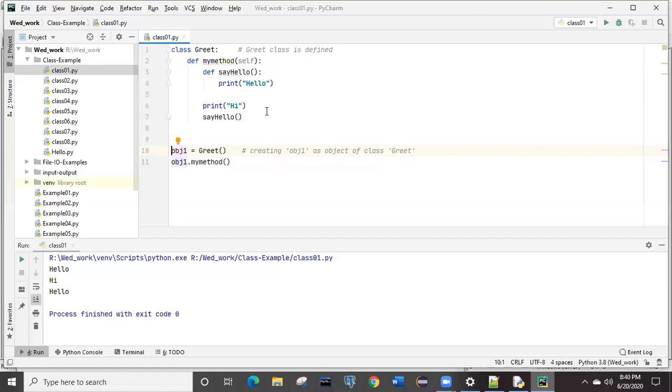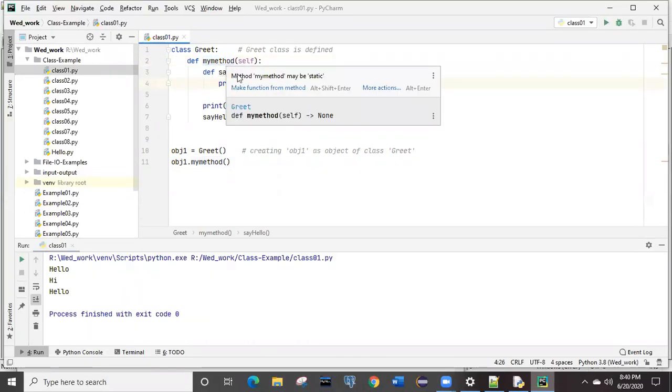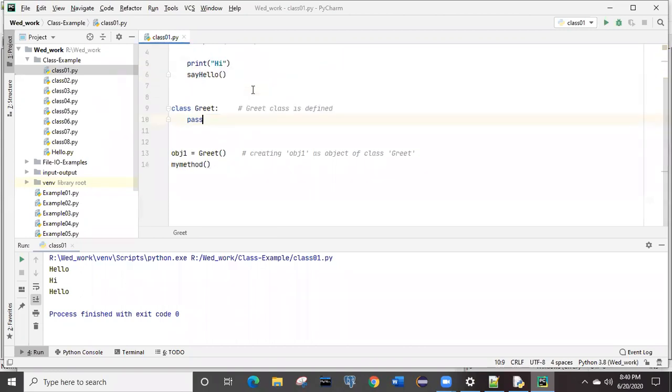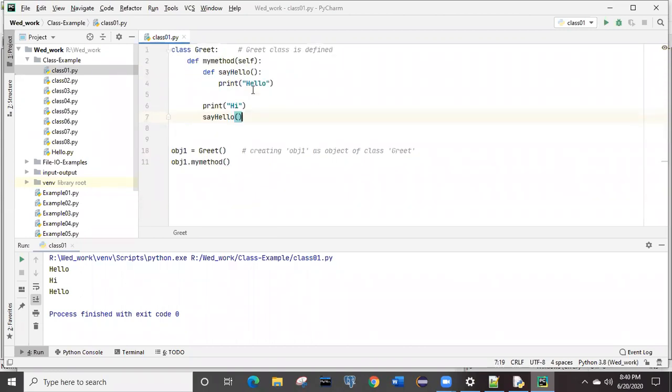Understand? Means if you make this method itself static, not the class, as per the warning suggestion, then you don't need to create the object of this class.